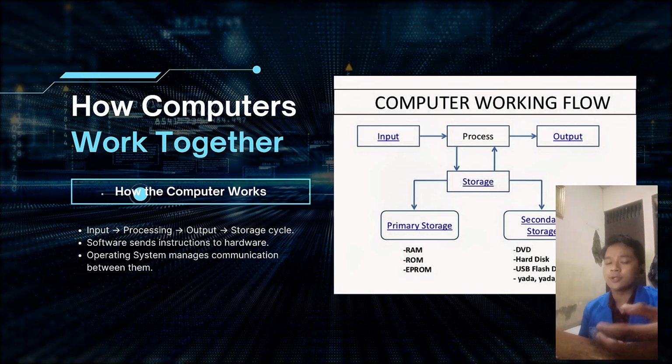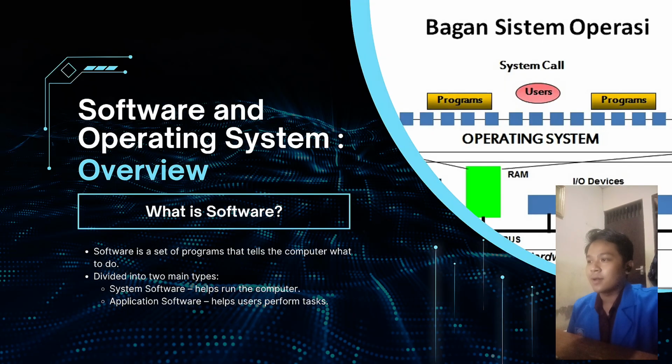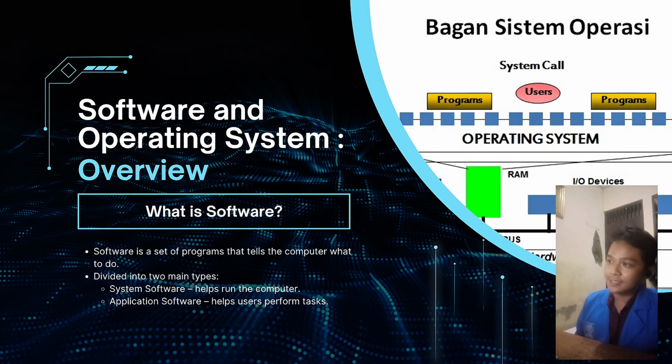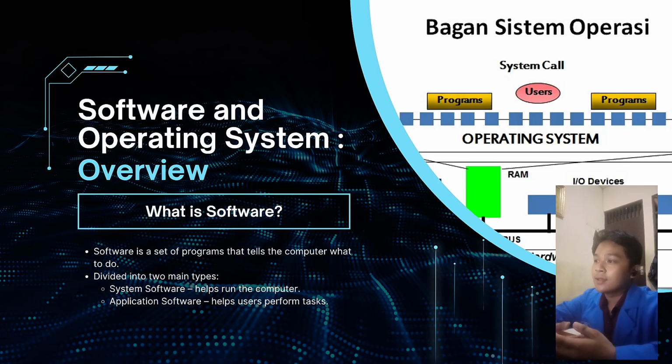After we talked about how the computer works, we will talk about software and operating systems. The second topic: software is a set of programs that tell the computer what to do.